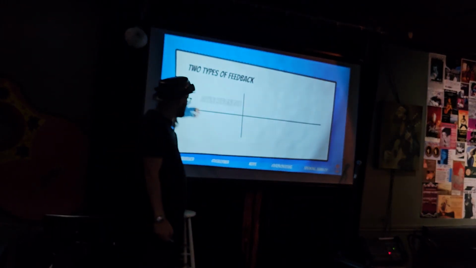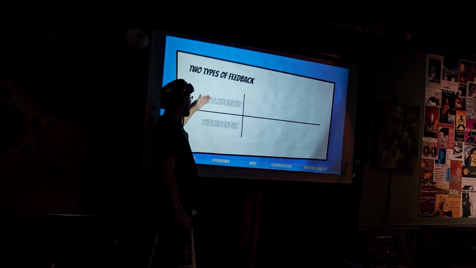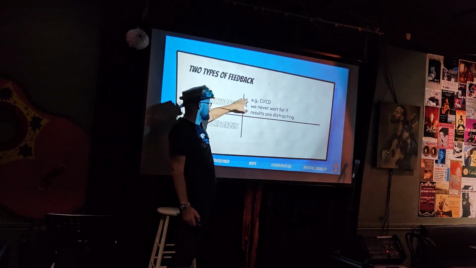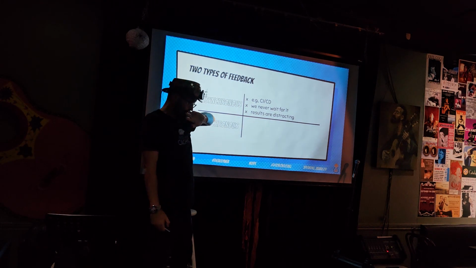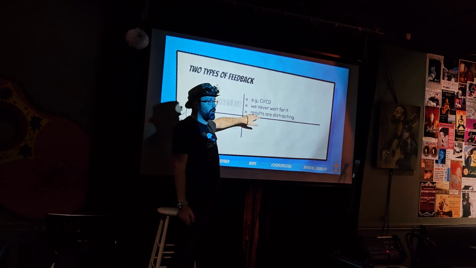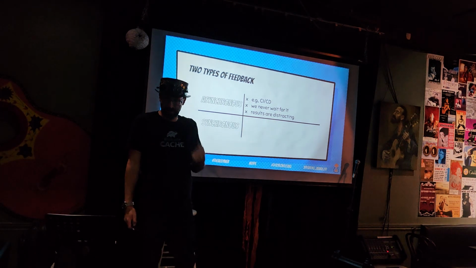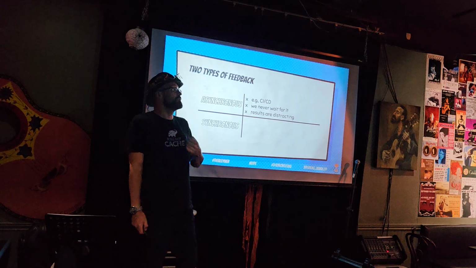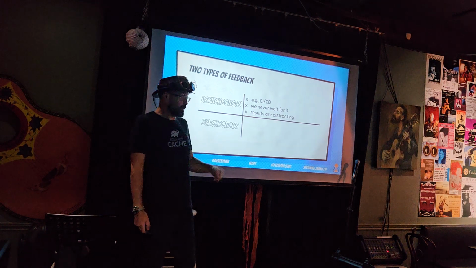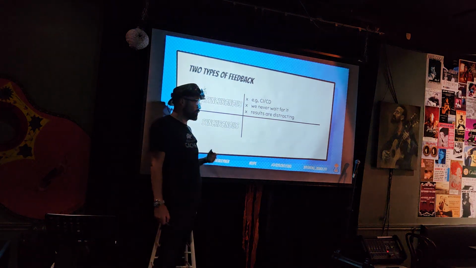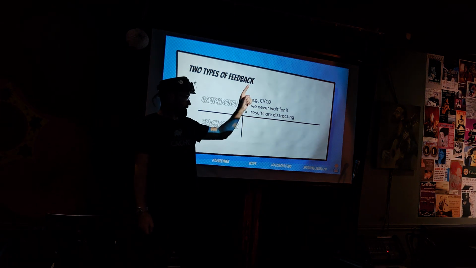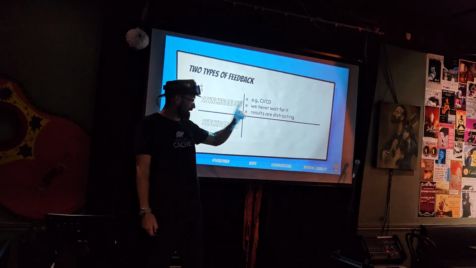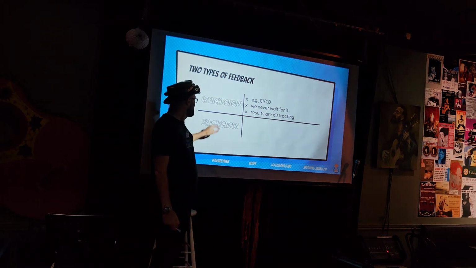There are two types of feedback, asynchronous and synchronous. Asynchronous feedback is the CI/CD. We never wait for it. It just runs whenever it runs. But if something is wrong and we need to get back and fix it, the results are very distracting. We need to drop what we're doing and go fix the build because the bunny is depressed. Eli, you'll tell them everything about the depressed bunny.